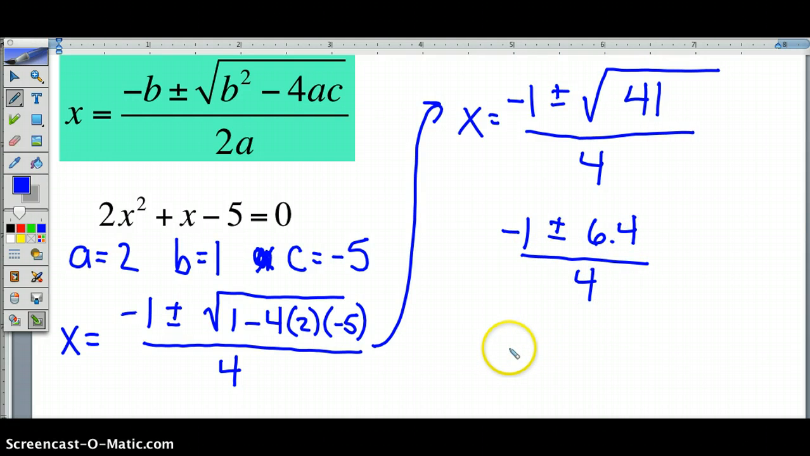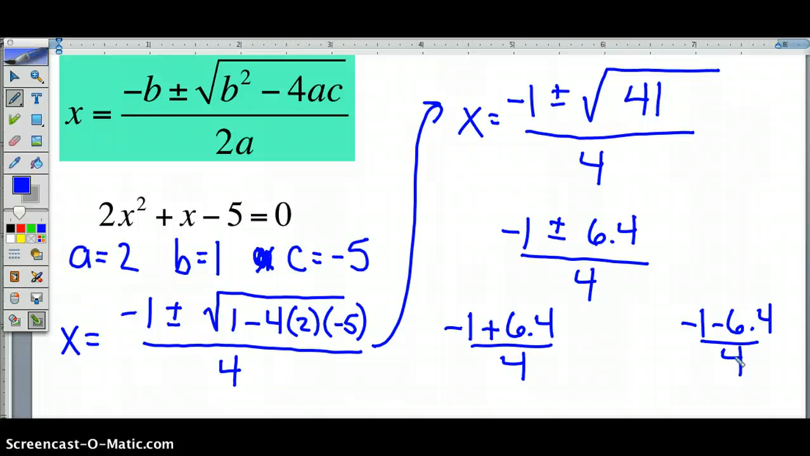Well, once you get to this point, we're almost done. Now we're ready to split this equation up and come up with our two solutions. So one of our solutions is negative 1 plus 6.4 over 4. The other one is negative 1 minus 6.4 over 4. We go ahead and solve those two problems. When I do negative 1 plus 6.4, I get a certain number. Then when I divide that by 4,